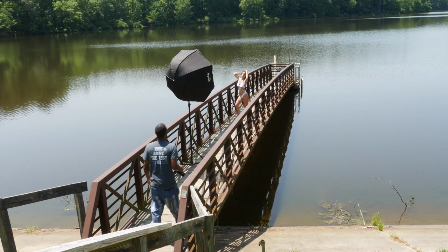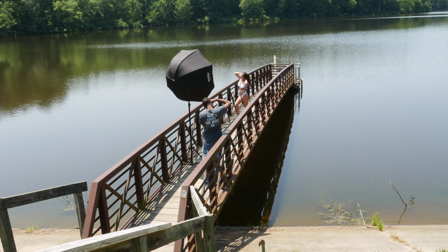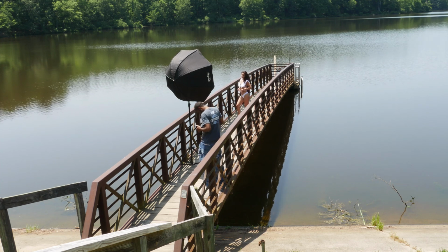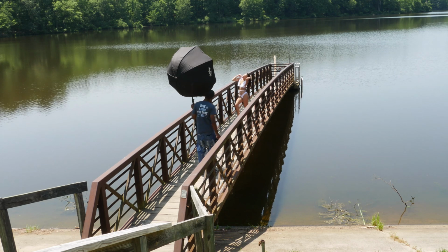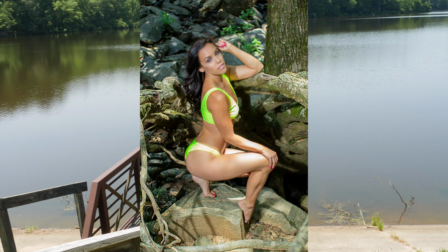The best critiquer. Okay, this kind of goes into the mistakes and the forgiveness of the mistakes. The model knows his or herself better than pretty much anybody else, but at the same time, you have to be the liaison between what you see on the back of that screen and what they are doing. So you have to be able to say, hey, here's this, that, and the other. I know you think you look like this and that and the other. Just make this tweak. You have to be the best critiquer,